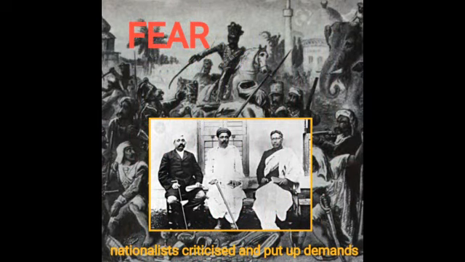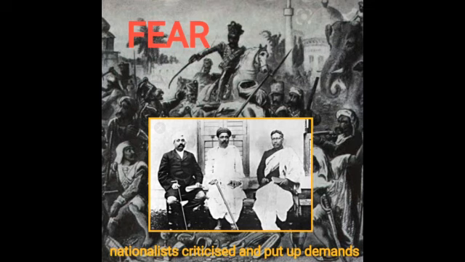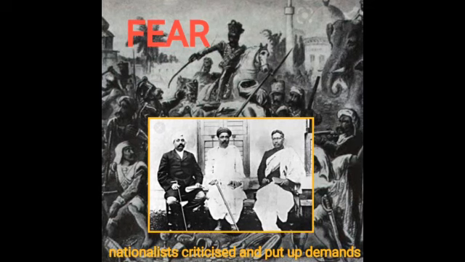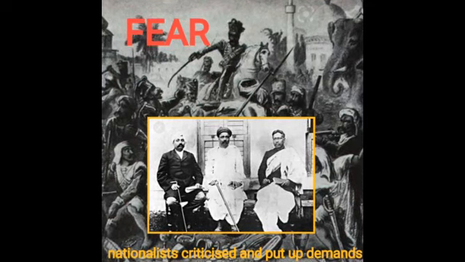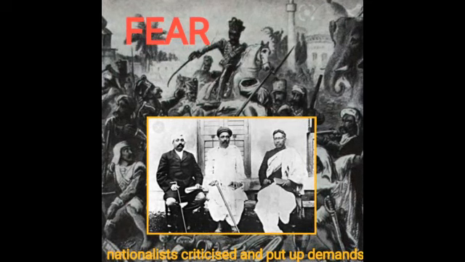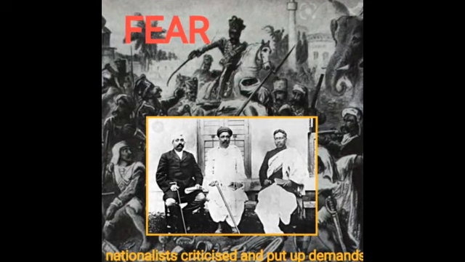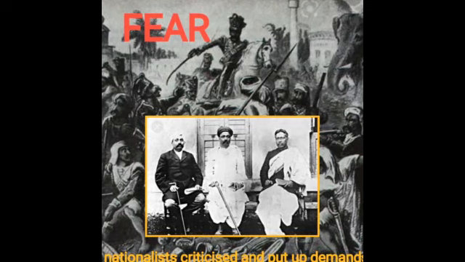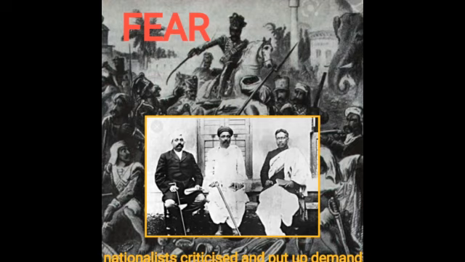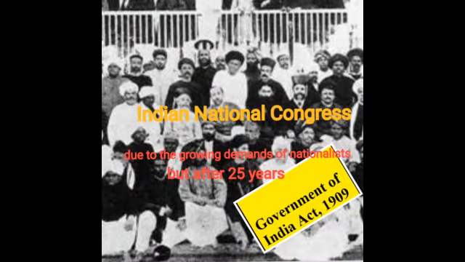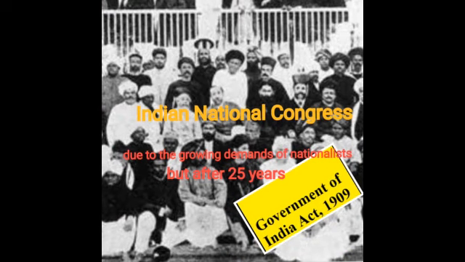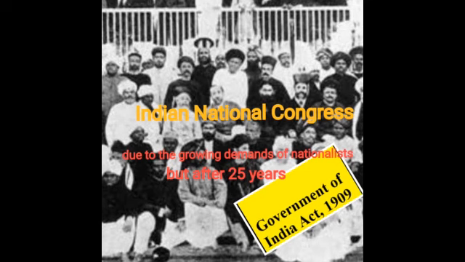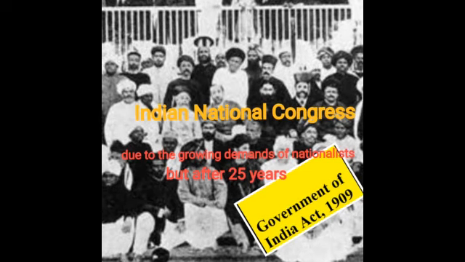Back in 1885, Indian National Congress demanded that there should be elected members in the legislature and they should also be given the right to discuss the budget and even ask questions. But only some elected representation was allowed, that too after 25 years, in the Government of India Act of 1909. Though this was in response to the growing demands of the nationalists, still the adults were not allowed to vote or even participate in the decision making.